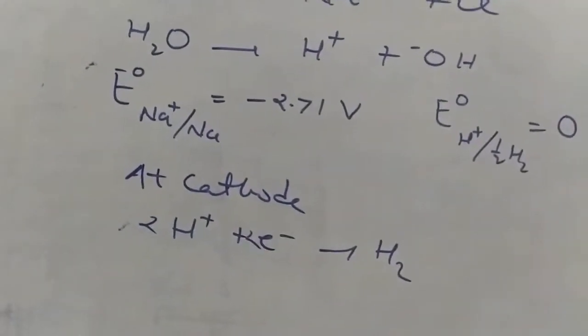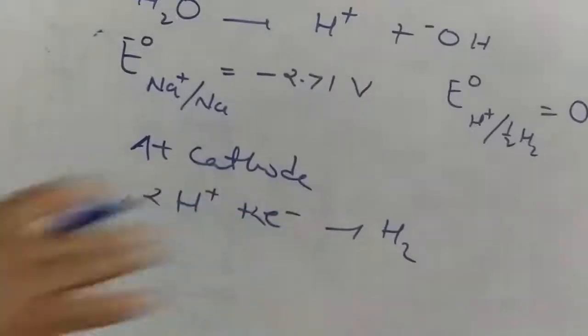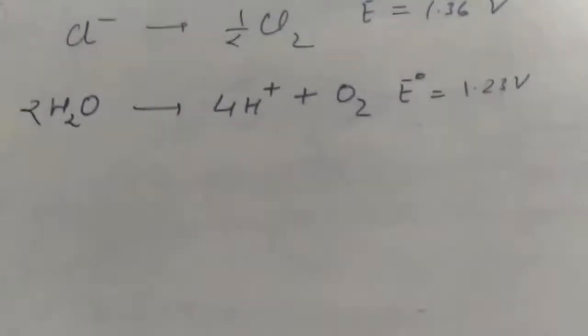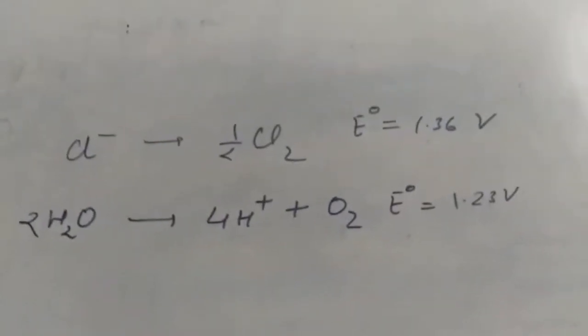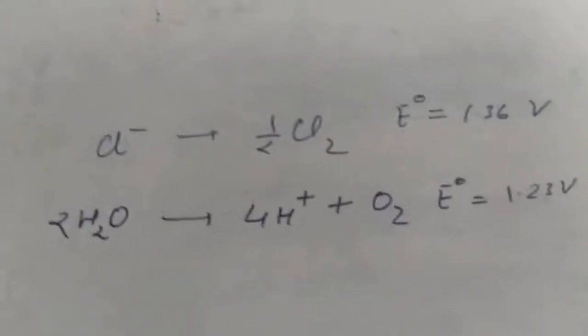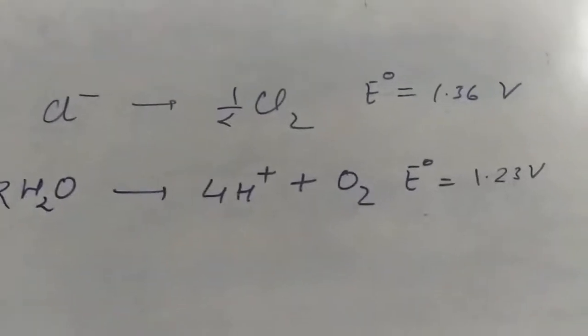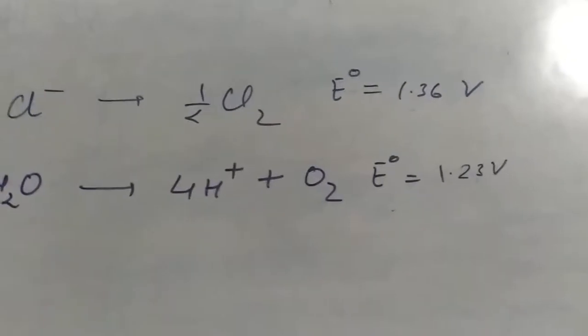Okay. Now there is again a question: who will be oxidized? Because Cl minus has a negative charge, OH minus also has a negative charge. Now they both are rushing towards the anode. The question is who is going to be oxidized preferably. Earlier we have seen that H plus will be preferably reduced because the reduction potential of H plus is greater than Na plus. Now the Cl minus and OH minus both are rushing towards the anode. Now the question is who is going to oxidize?